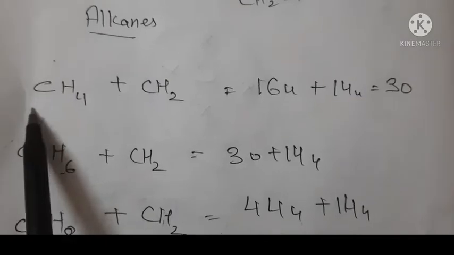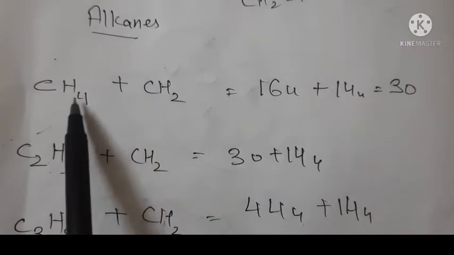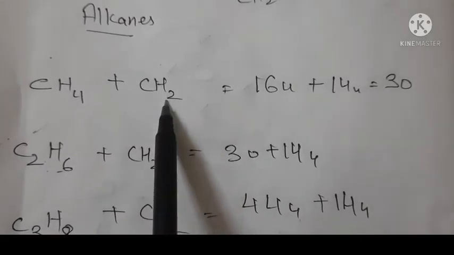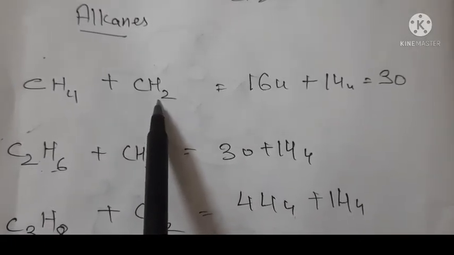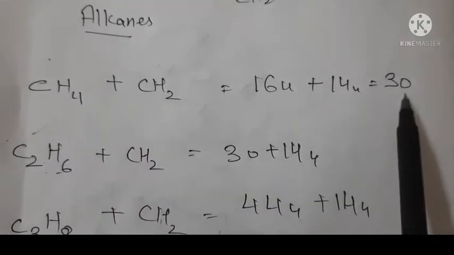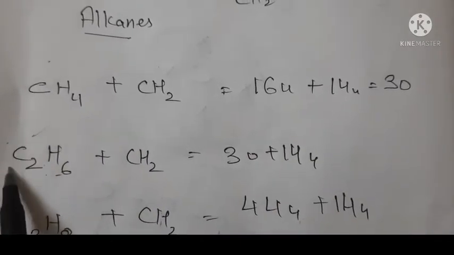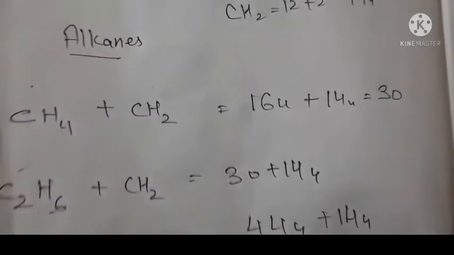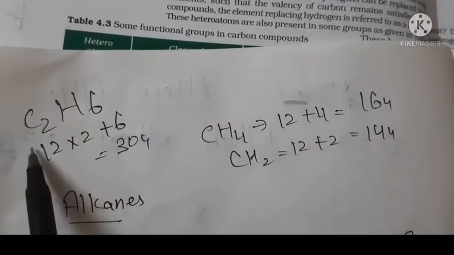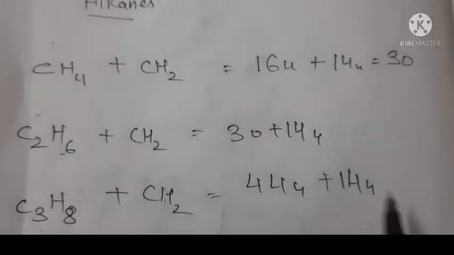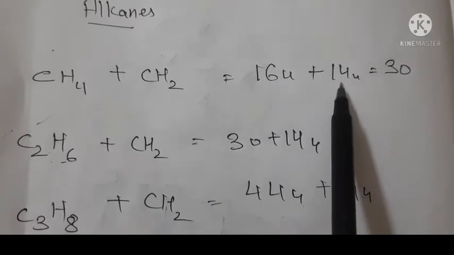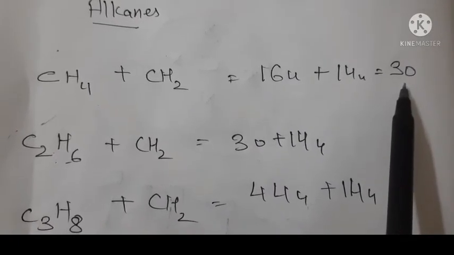Now see here, this CH4, and when this CH2 is added to this CH4, that is methane, we get this thing. So on adding the weight of 14 units, that is of the CH2 group, to methane, we get 30 units, which means the molecular weight of this ethane is 30 units. Even you can check like that also. See here, 12 2s are 24 plus 6 is 30 units. So here what you can do, if you know the weight of one hydrocarbon, the previous hydrocarbon, then on adding the weight of 14 units, you will get the weight of the next hydrocarbon.